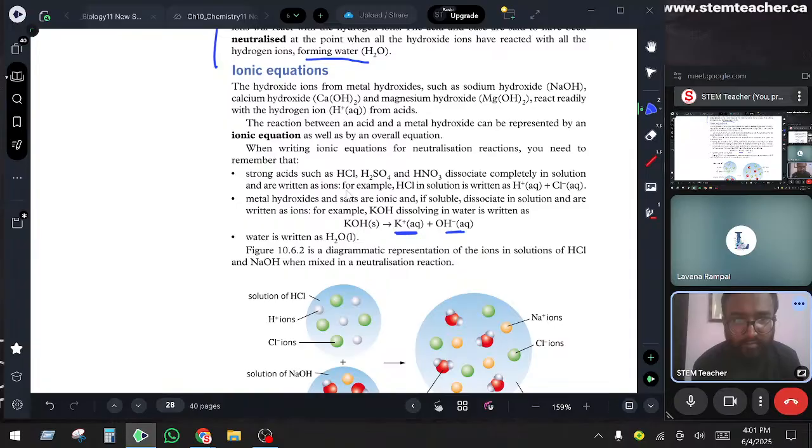Next, writing an ionic equation of the acid-base reaction. The ionic equation of the reaction that occurs between hydrochloric acid, HCl, and sodium hydroxide,